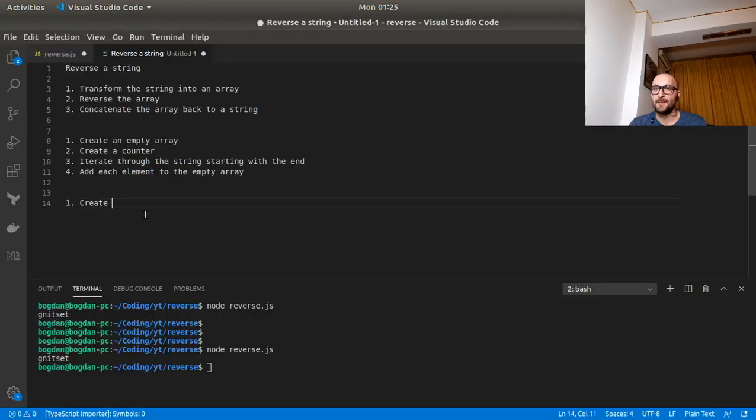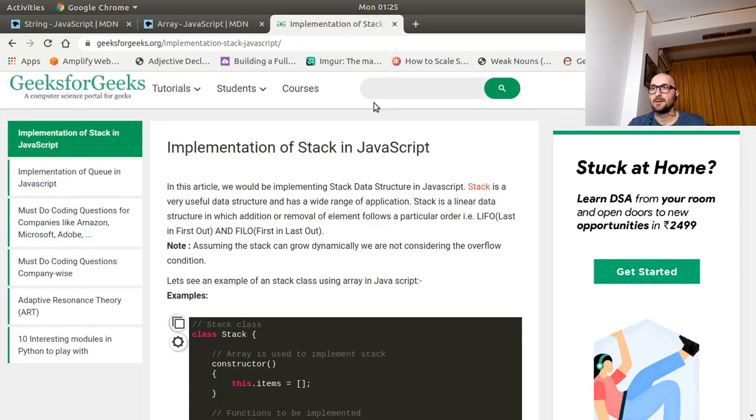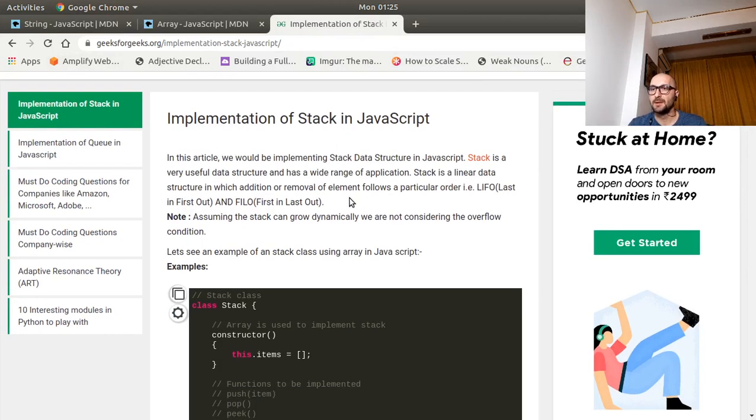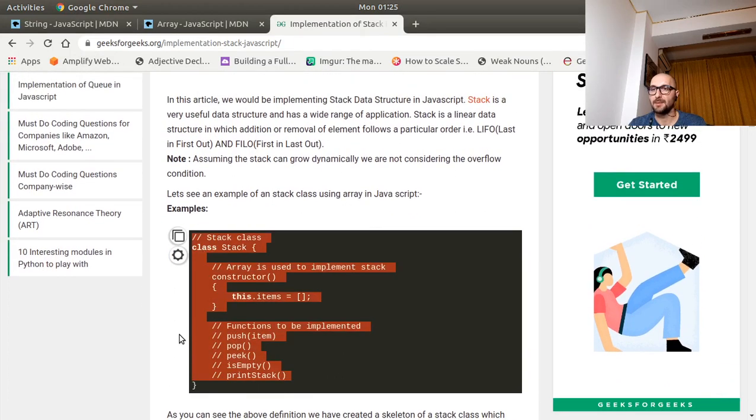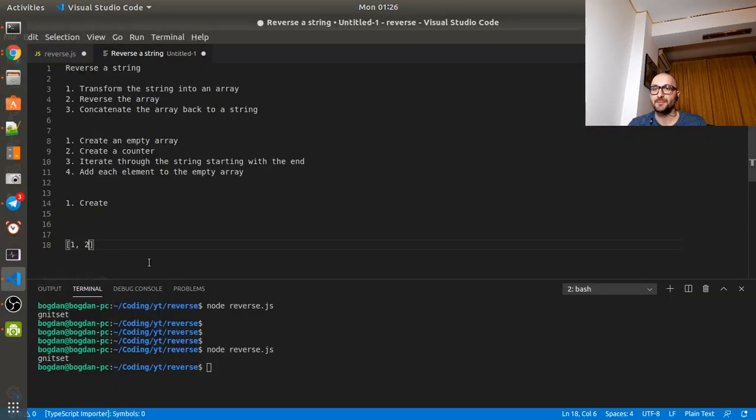So the push adds to the end of the array, okay, and pop removes it from the end of the array. Okay, so here, for example, if we have this array, if we want to add one element like 3, that would come here at the end using push, and if we want to remove it using pop, it would just be removed from here, so the last element again. Okay, and the stack data structure, you can see some of it here. You can just see it online, give it a check, and we could just make a class and the methods here. So that's actually pretty cool. So going back,